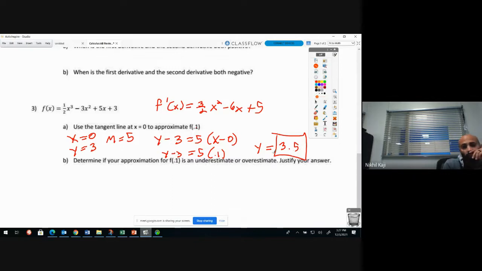Now, is this an overestimate or underestimate? Okay, so remember, if it was concave up, our tangent line would be below. That would be an underestimate. If it's concave down, my tangent line would be above it. So that would be an overestimate. So I got to figure out if this is concave up or concave down at 0, because that's where our tangent line is, at 0. So I get my second derivative,